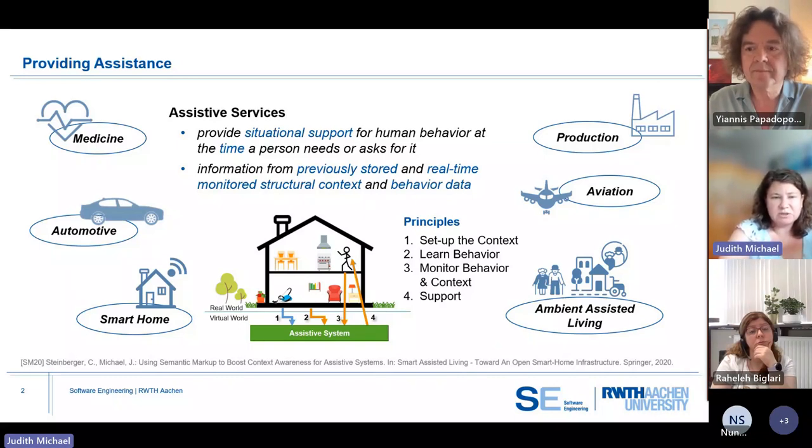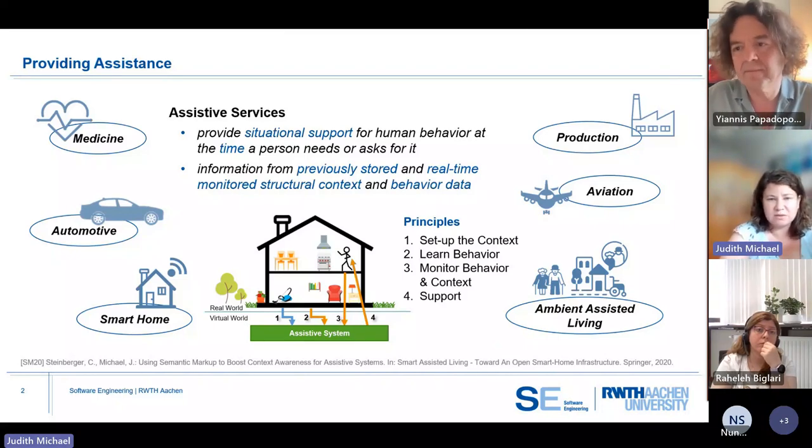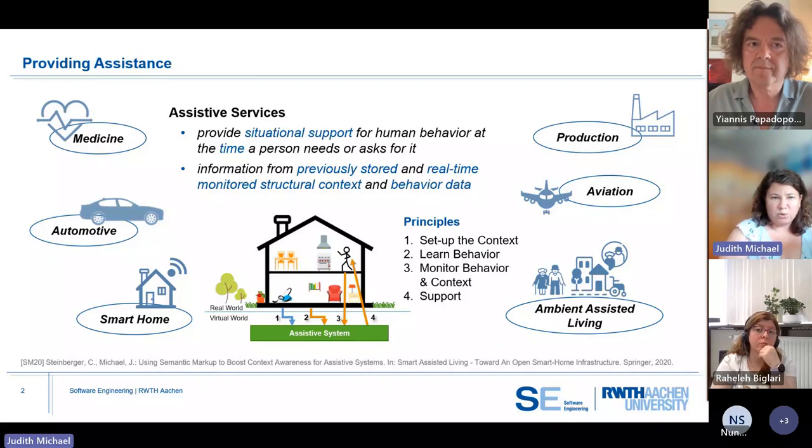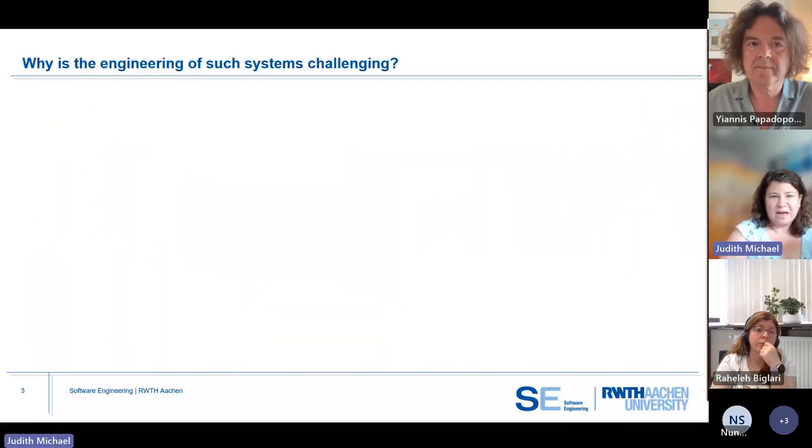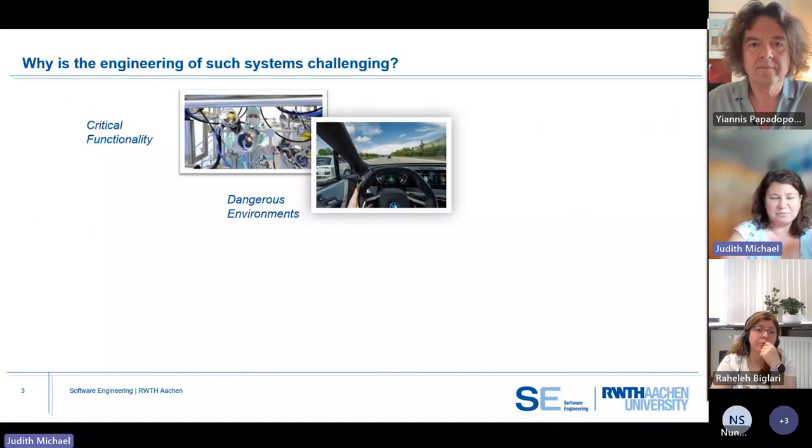And then during runtime of such a system, we have to monitor the behavior of this person as well as the context information, and then use it based on the previous information that we have and the real-time monitored behavior and context information. We provide some support.